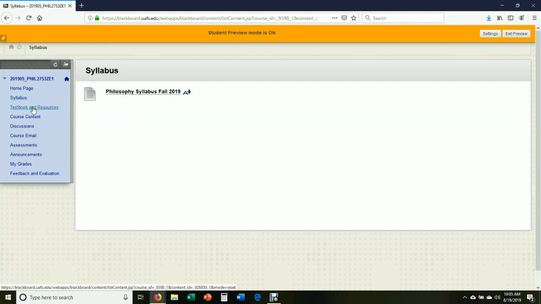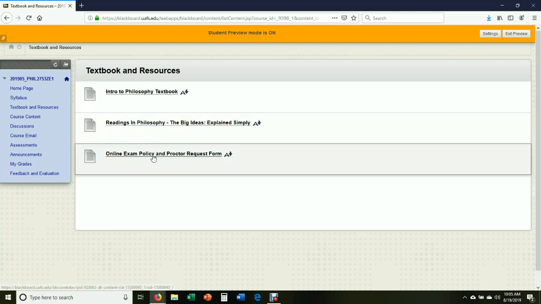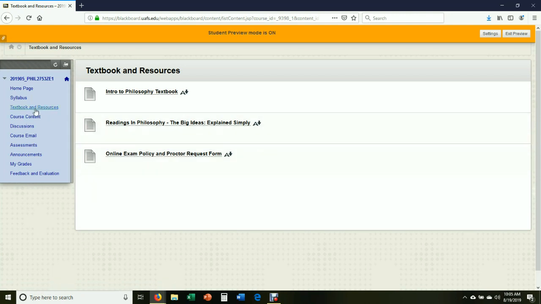Secondly, the textbooks and resources are here. So this gives you anything that you might need in terms of readings for the course. In the case of the philosophy course, there's a basic textbook that's used in many of the sections, Readings in Philosophy, and then a proctor form in case you need to take exams off campus. The course content is the meat of the course,